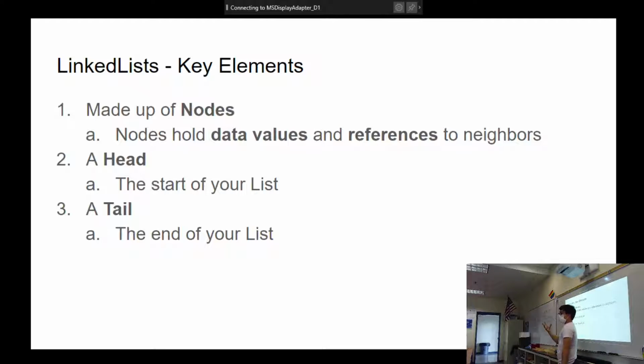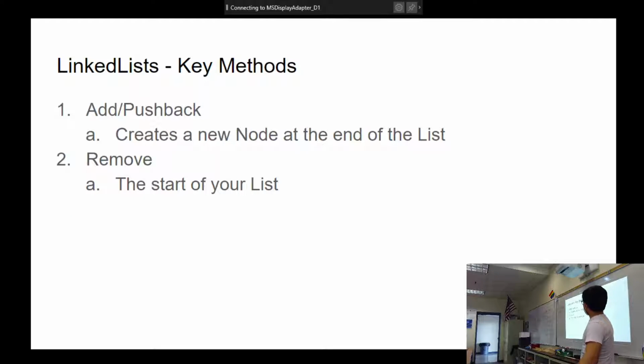In a linked list, we have a head, which references the first object, and we have a tail that references the last object. So with the head and tail, we go through the entire list. We also have a couple key methods, as we talked about at the very beginning. We have an add method and a remove method. The basic add method for a linked list creates a node at the end of the list. The basic remove method removes it from the start of the list. There are plenty more. There's insert, remove from a specific location, add to a specific location, add to the back. There are all these different things. Linked lists can manipulate their entire structure very easily.